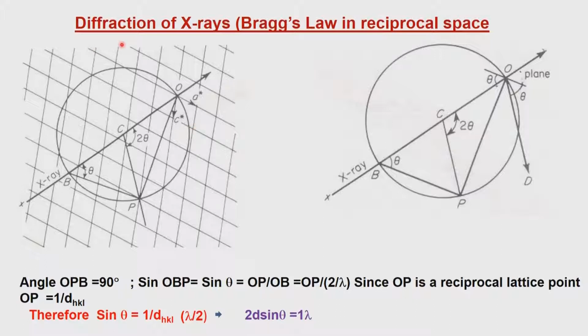So, if you want to find out and index the spots in the A star C star plane, how will you do that? You will do it like this. You start from 0. Suppose you go along the A axis in the positive direction. That particular index will be 1 0 0 in the reciprocal lattice, 2 0 0, and so on. And in the C star direction you can have 0 0 1, 0 0 2, and so on. So, this point therefore will be 1 0 1, right, you got the point. This is how we can index the various spots.